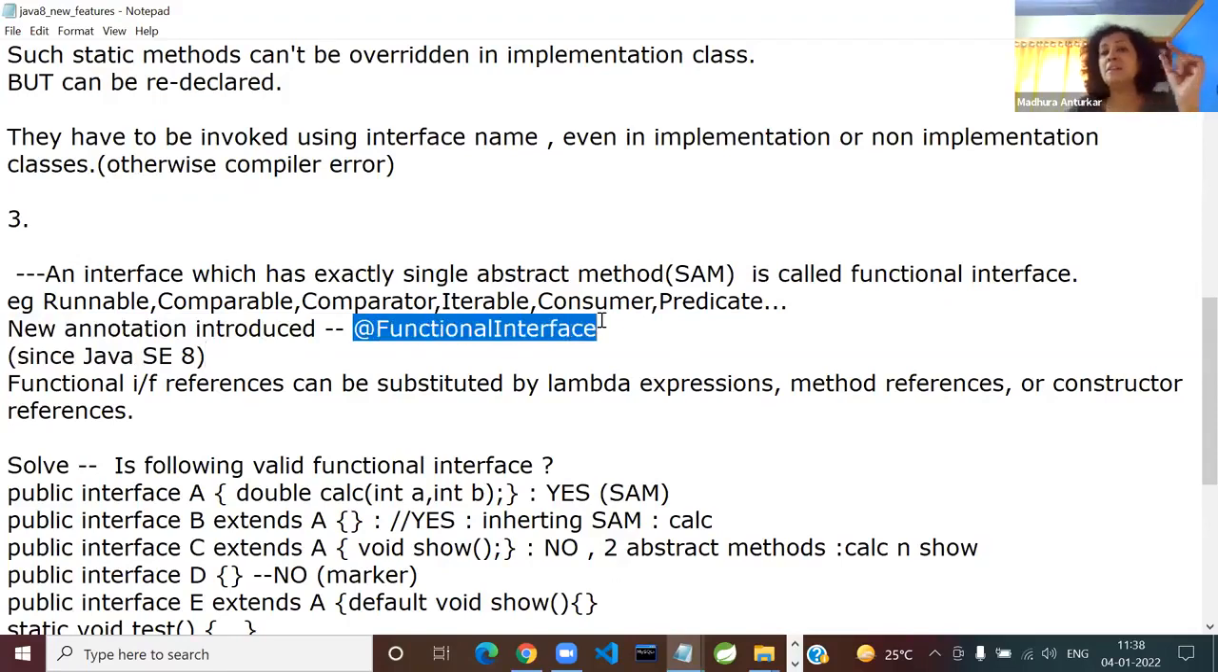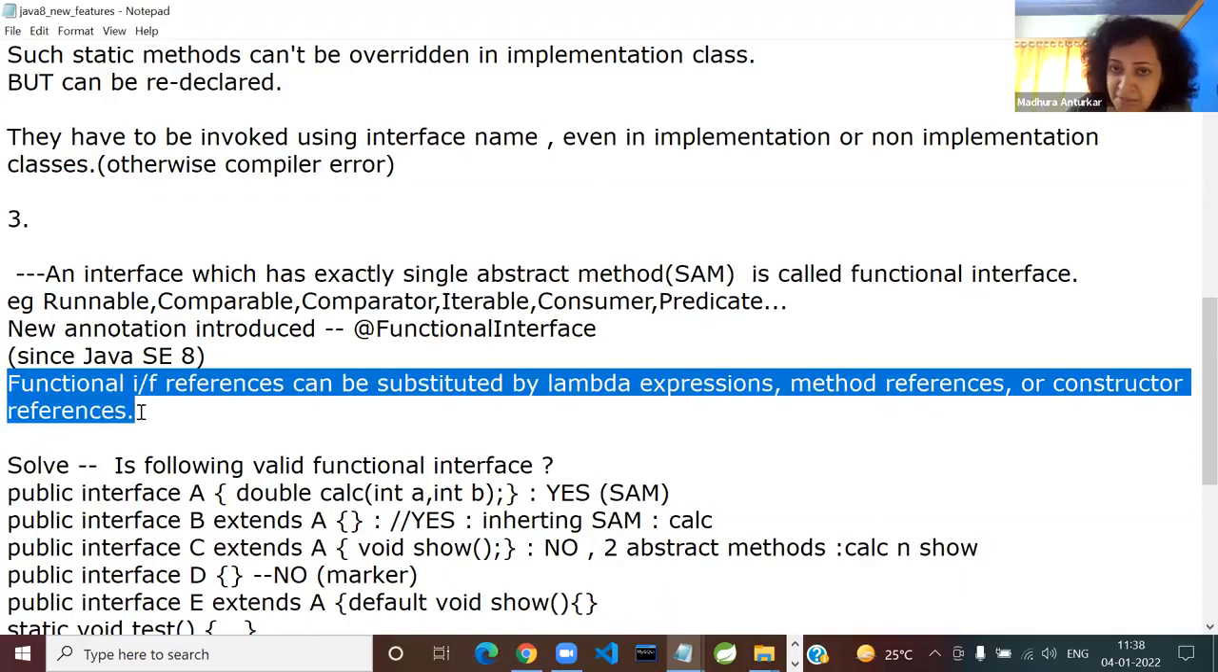So tell me, is it a class level annotation or is it an interface level annotation? Dumb question, easy question. It is going to come at the top of the interface, and here you will see that if your interface has a single abstract method, then there won't be any compiler error. Otherwise, there will be a compiler error. And now the most important statement of the day, you will see after 10-15 minutes,